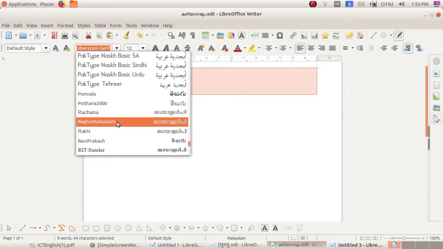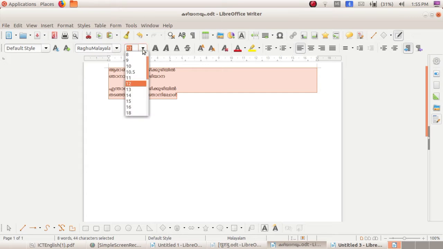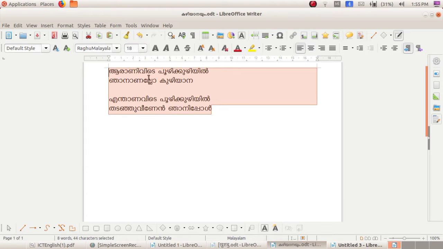Here it is. Okay, and we can increase the size and color.